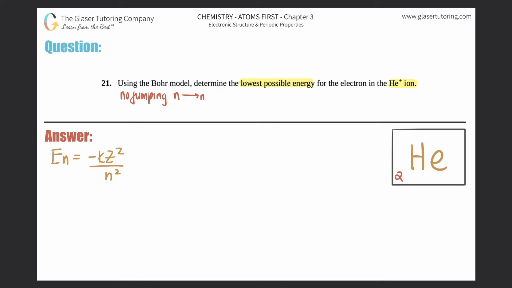Now we just got to find out what these variables are. Well, we should know that k is always a constant. It's the Rydberg constant, which is 2.179 times 10 to the negative 18 joules. But the hard part, not even, right? We just got to find out what the z is and what the n is for this given information. Z is the nuclear charge,